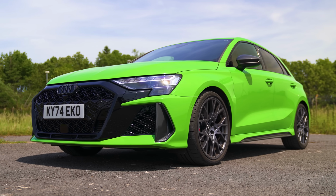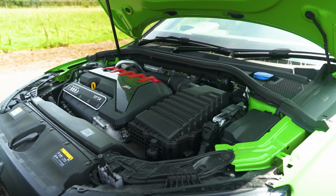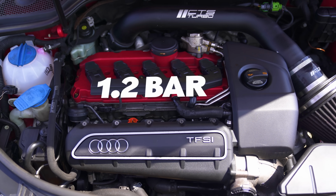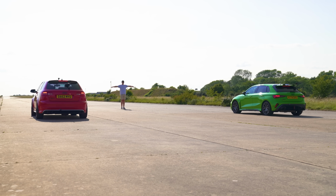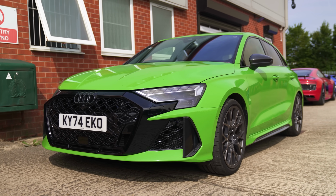That's better. This extra power comes from a completely reworked ECU, a new air intake and a new exhaust system. Plus, there's a new turbo with higher boost pressure. The original Mk1 RS3 could produce a maximum boost pressure of 1.2 bar, but this new car can supposedly achieve 1.5 bar of pressure, and I'll see how these upgrades affect their performance by drag racing these cars later in the video. But first, I want to know if Audi's lying about the performance figures on this new RS3,